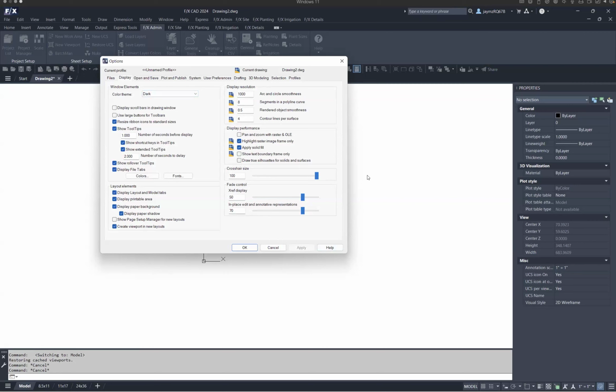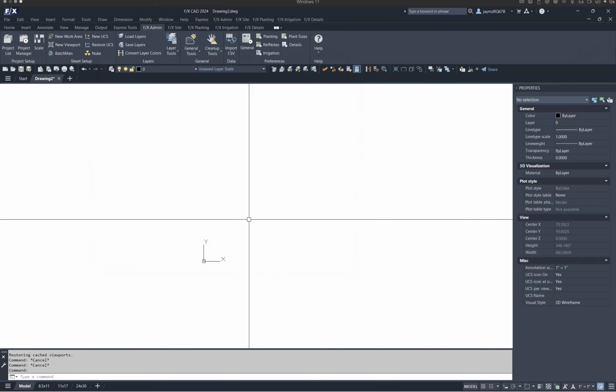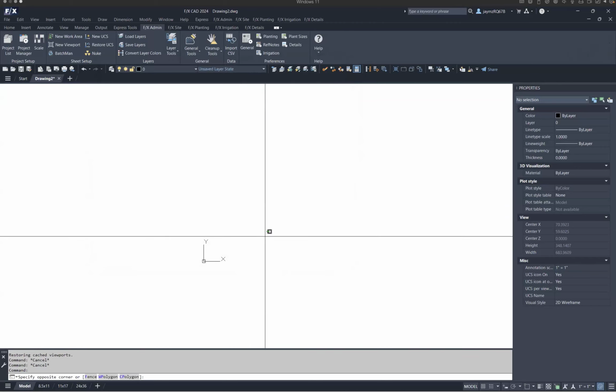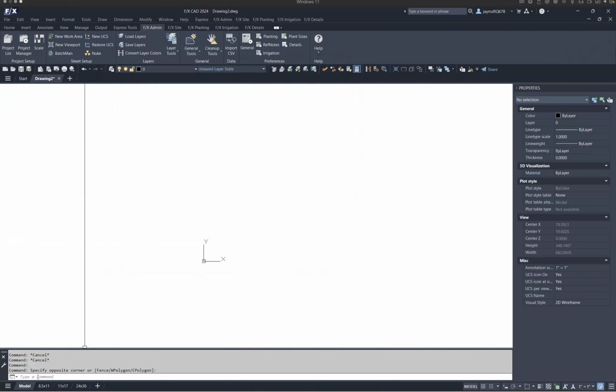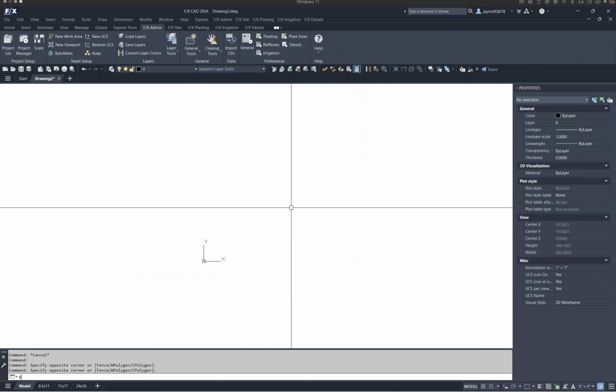You want to understand the nature of the beast before you start trying to tame it. So we're not going to play with that. Last thing I want to say about the command line, this is going to be obvious to any of my seasoned users out there, but if you're new, you don't have to click with your cursor down here to begin typing. You can have your cursor anywhere you want in model space, and you can just start typing.